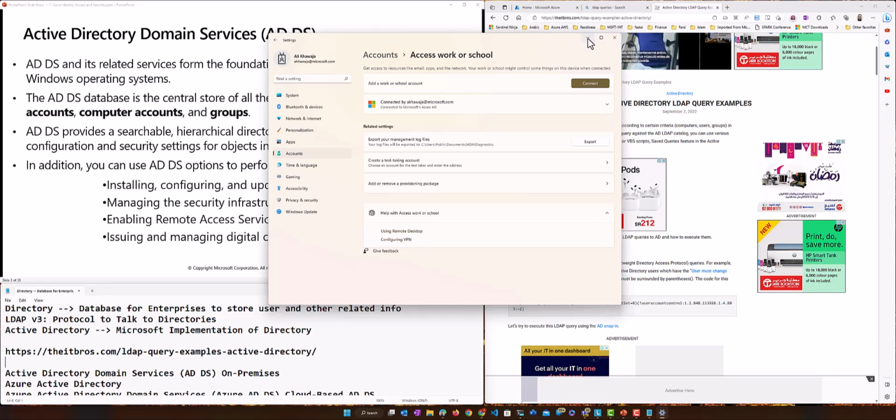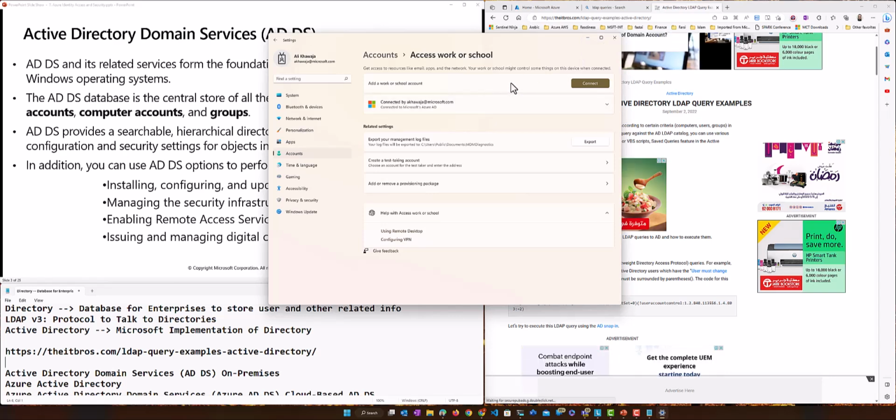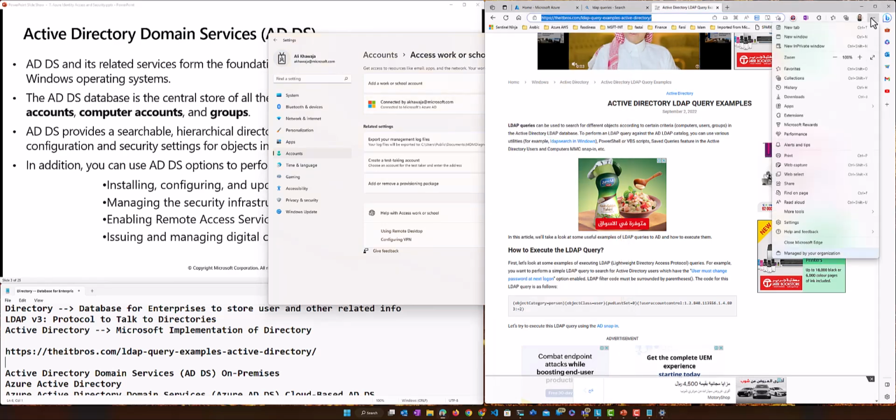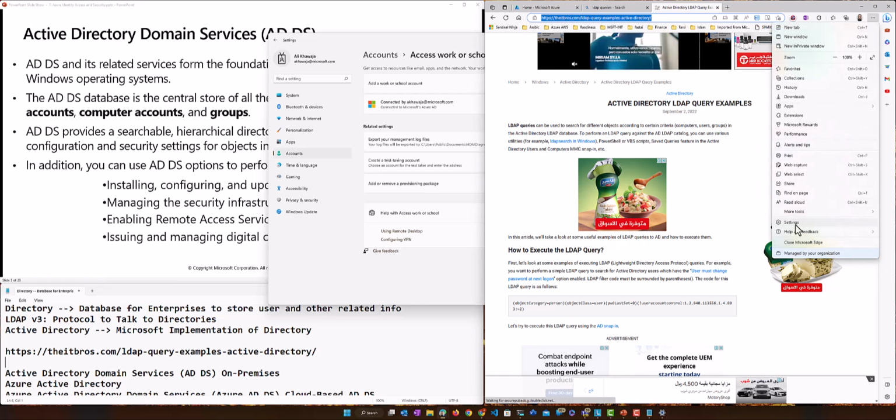But the idea is that computers are also stored in this directory. Why? Because when I'm logging into this computer, information is stored in Azure AD. A lot of policies automatically get applied, right? If I go into this, for example, here it says managed by your organization. Why? Because they can control software, they can control all of these settings, what I can do and what I cannot do, right? I can go into settings, and there will be some settings which will be grayed out. So everything is being governed by the policies of my organization. This is the beauty of this, right?